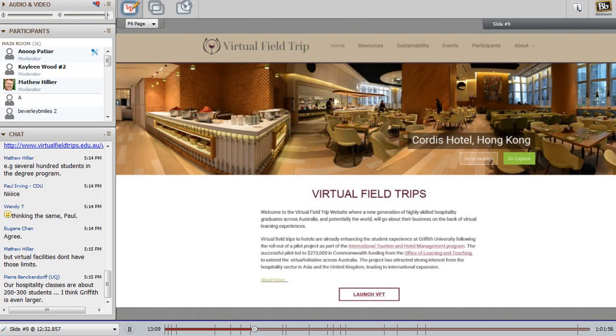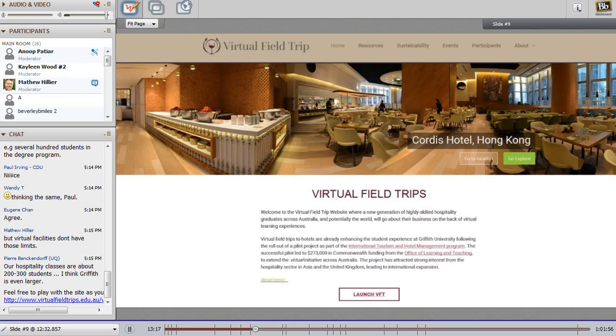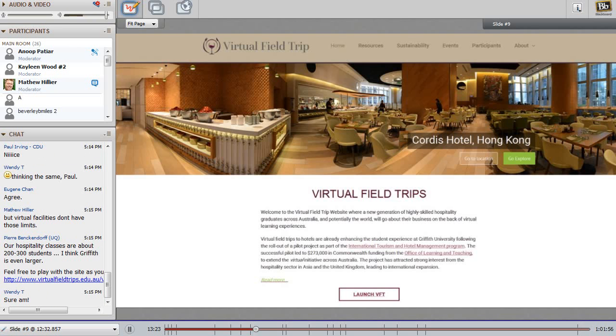So if I move on to the next, as soon as I enter the URL and press enter, it lands me on the virtual field trip website homepage, and the homepage looks like this. When you log on, you will see some of these images. They float every 10-20 seconds, and it starts giving an idea of the properties and businesses which are part of the virtual field trip.